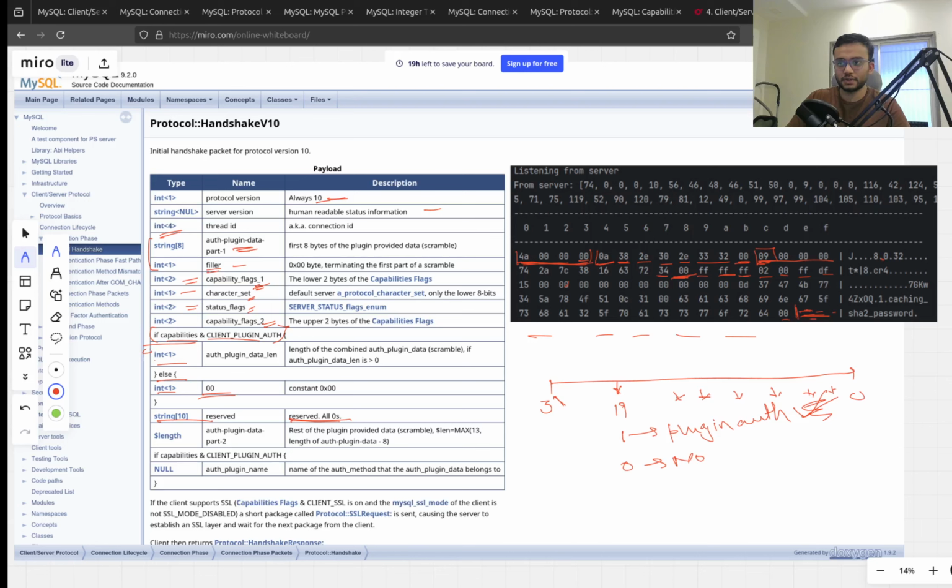We're either going to go into this field or we're going to go into this field. For this particular connection, I've processed the output of this particular if statement, and that brings us into the first branch, and that gives us the auth plugin data length of 15. Right after that, it says there's a reserved string of 10 bytes, and you can see over here there's 10